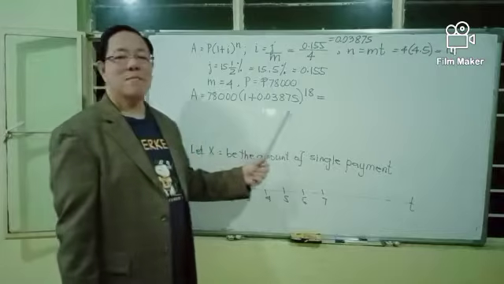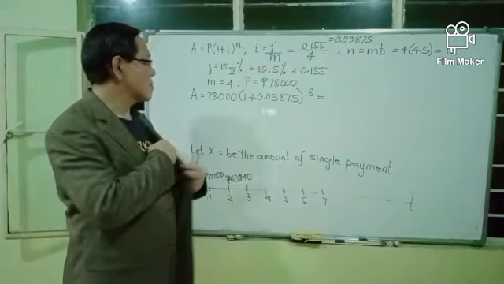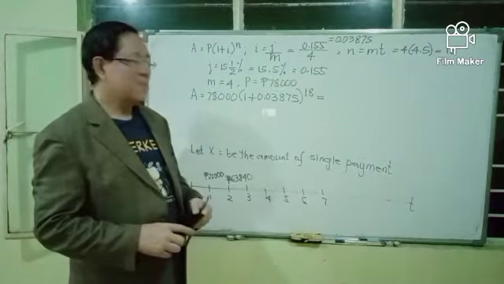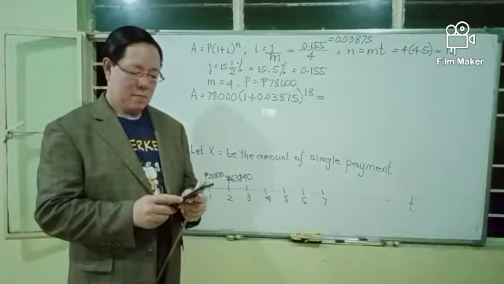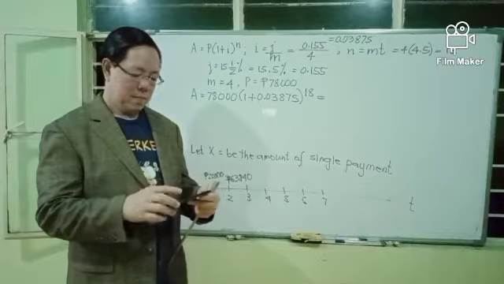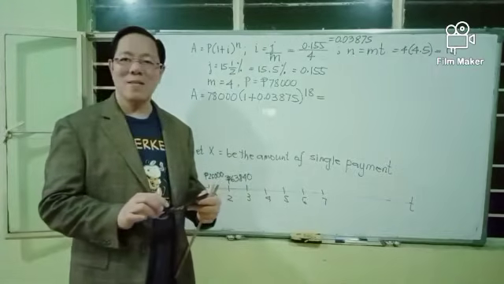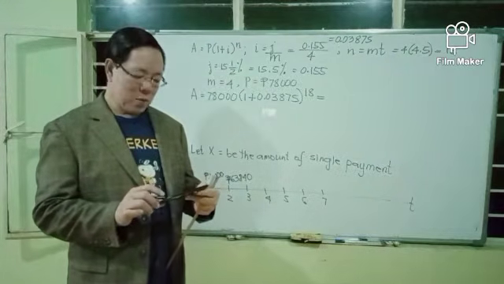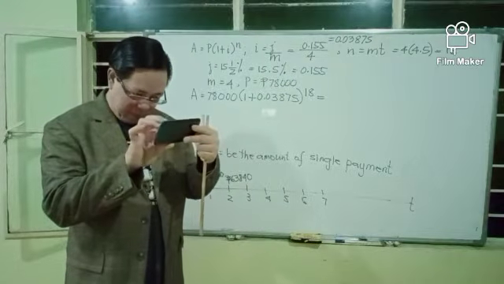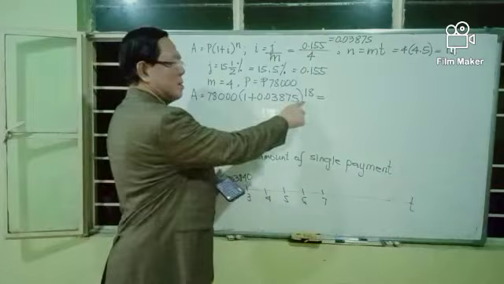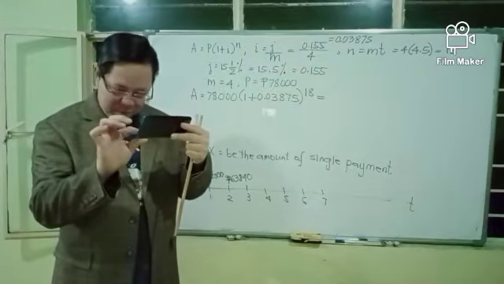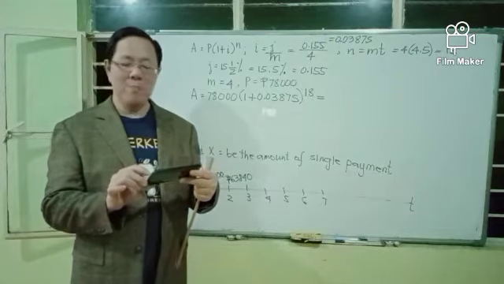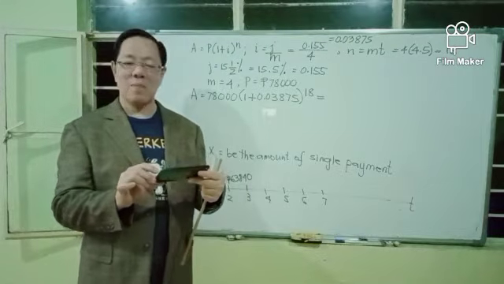Now we compute this using our calculator. You start with the quantity inside, 1 plus 0.03875, and you raise that sum to the power 18, and you press the equal sign in your calculator, and you should get 1.98243365645,